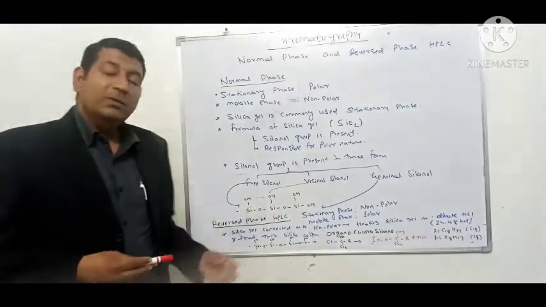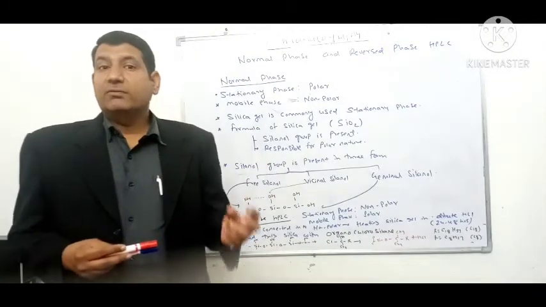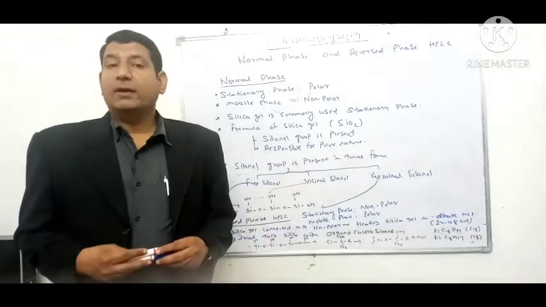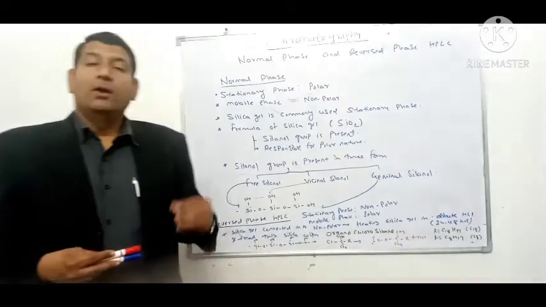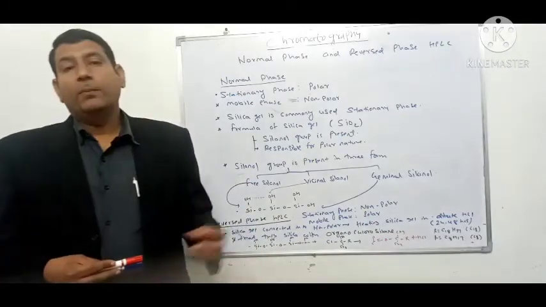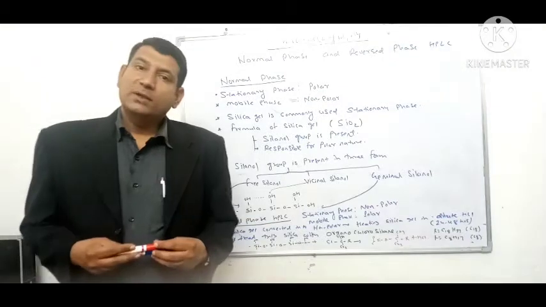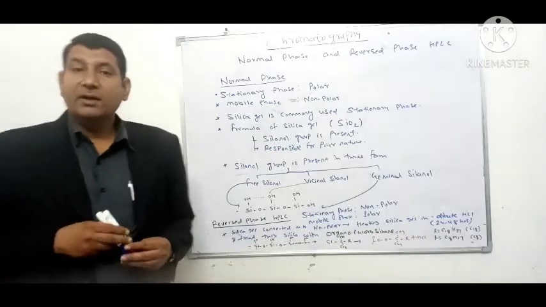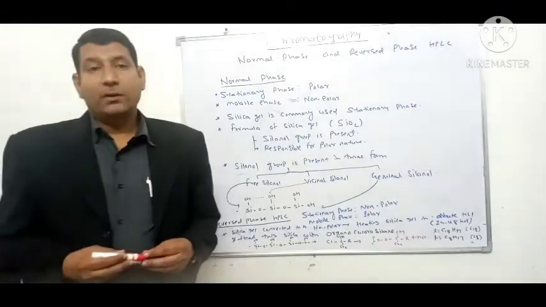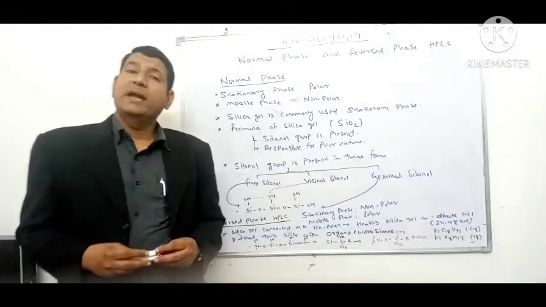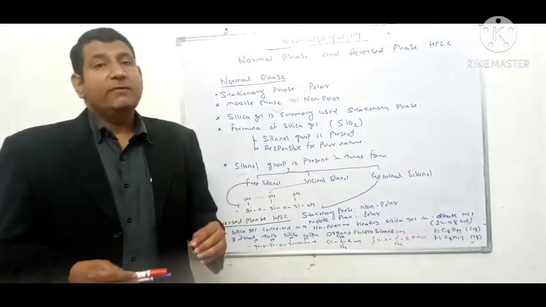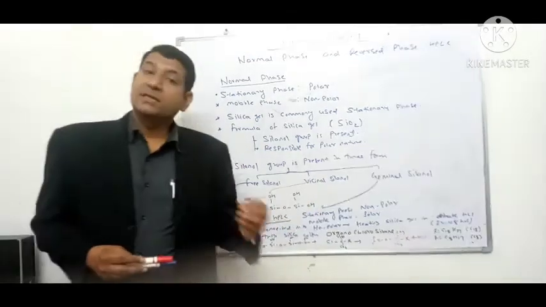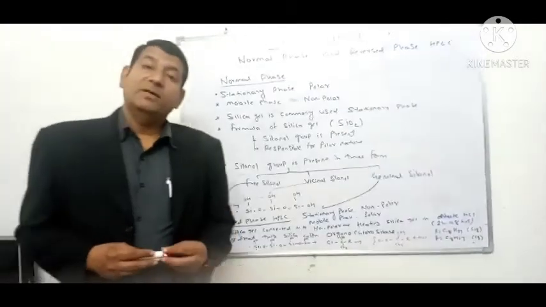So that is how this silica gel is converted into non-polar silica gel by treating with hydrochloric acid for 24 to 48 hours. Then this mixture is treated with organochlorosilane to make non-polar silica gel, and this non-polar silica gel is now packed into our stainless steel hollow cylindrical tube to make the non-polar column. So overall we understood that in normal phase HPLC the stationary phase is polar in nature and the mobile phase is non-polar, while in reverse phase HPLC the stationary phase is non-polar and the mobile phase is polar in nature.